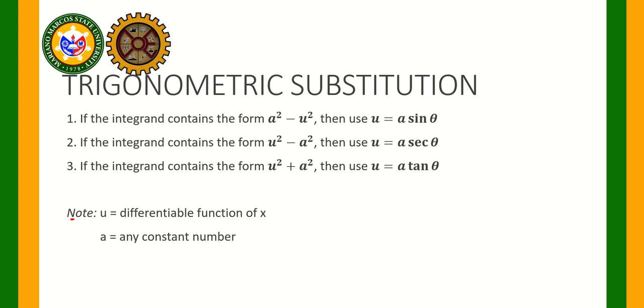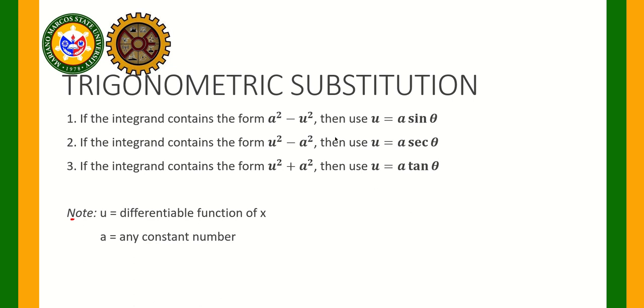Okay, so let's proceed sa bagong technique of integration. Tapos na tayo sa IBP. So the next is the trigonometric substitution. So there are three cases in trigonometric substitution. So if the integrand contains the form a squared minus u squared, then use u is